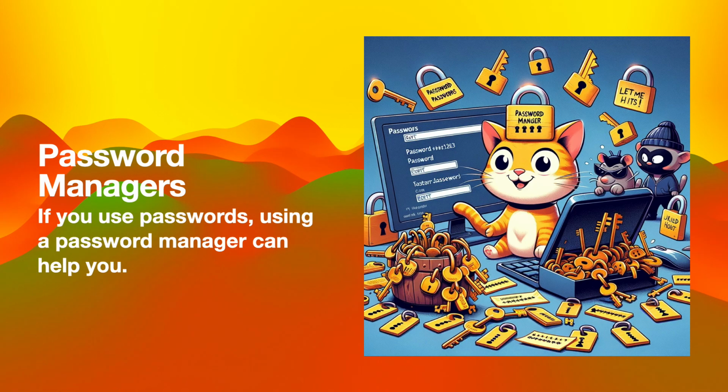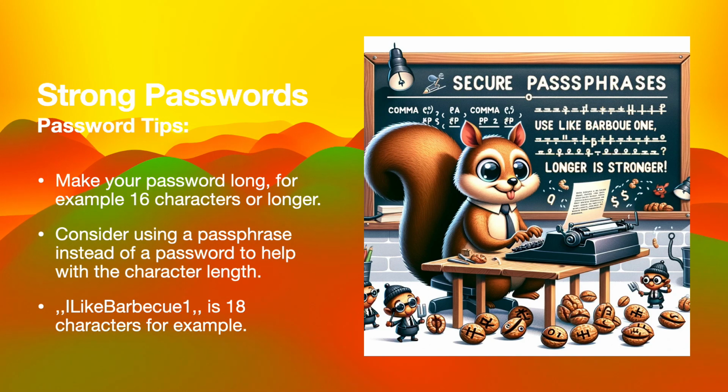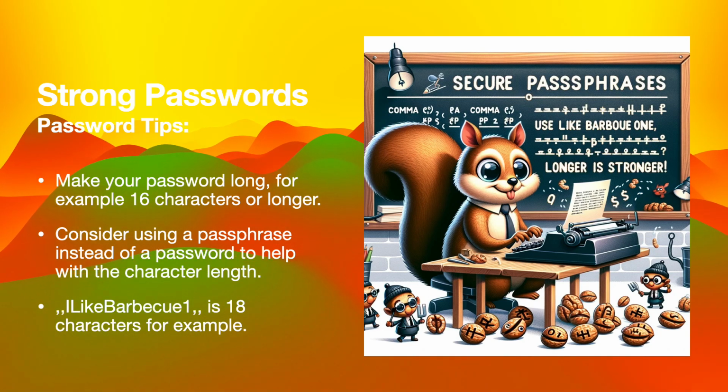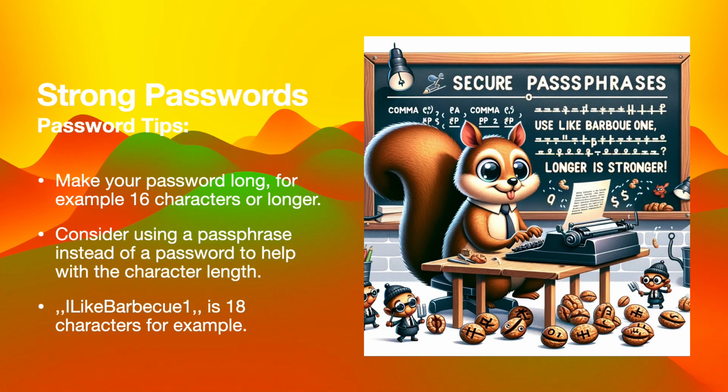When you're making passwords, which is something you know and which you'll need for a password manager, consider the following. You could use a password, but using a passphrase may be better. For example, consider having some phrase like "I like barbecue" and surround that phrase with some special characters and have a number somewhere in there. So you could have a passphrase such as "I like barbecue 1,"